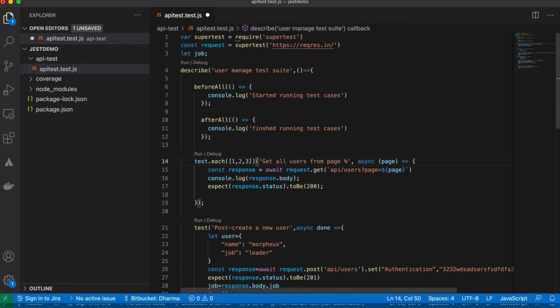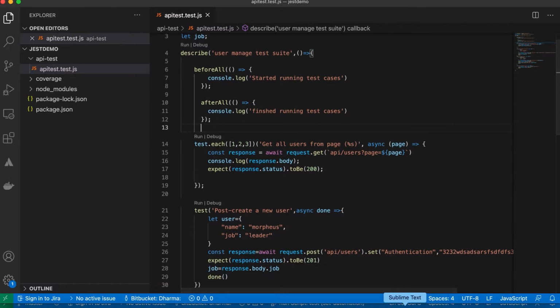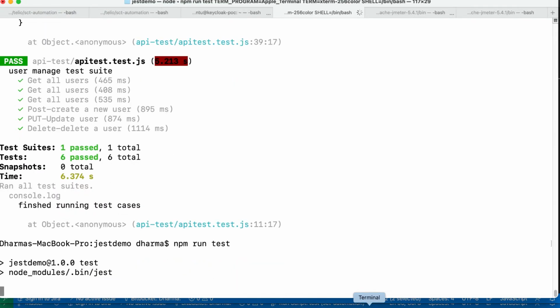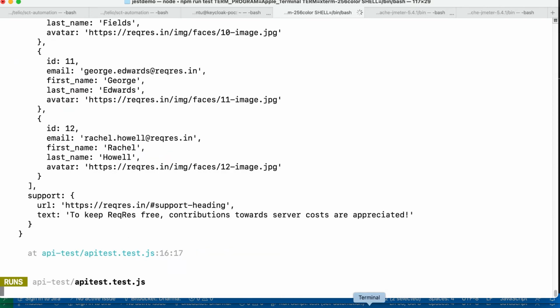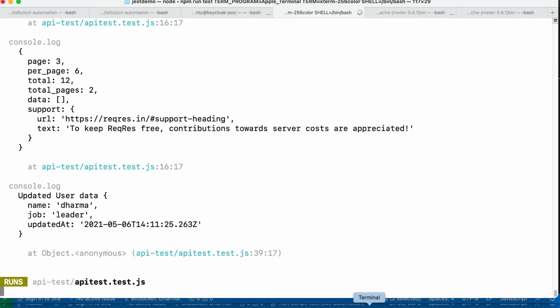What I can do is write it like this, so the test name shows which page the test case is running. Otherwise it will be generic, and we may ask why it is running the same test case 3 times. Whatever value we pass, this is just a string formation, nothing else, so we show it here also. If you run it now you can see the difference; the test names differ and it is more readable.